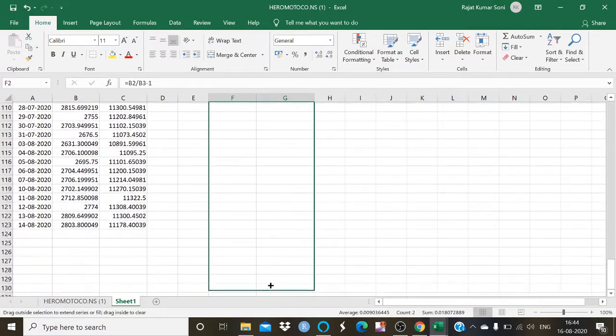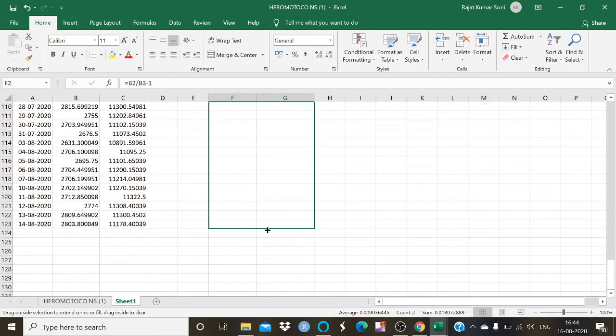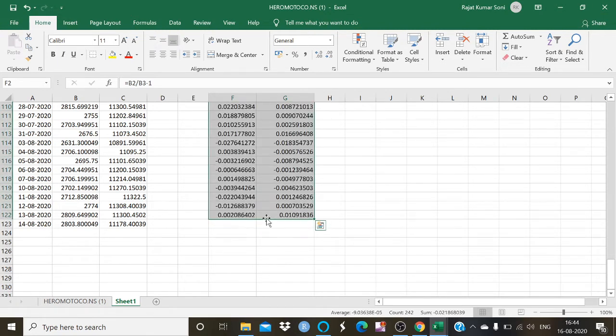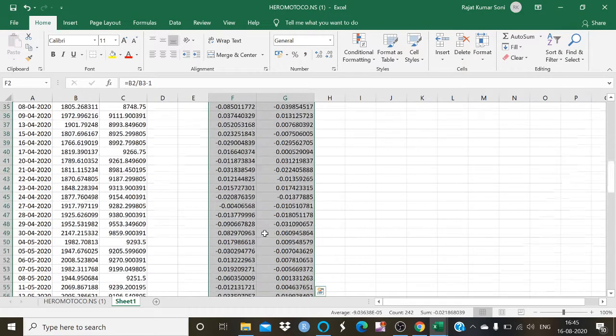But this formula cannot be applied at the last value, because after 14 8 2020 there is no data, so we cannot calculate the return for 14 8 2020.